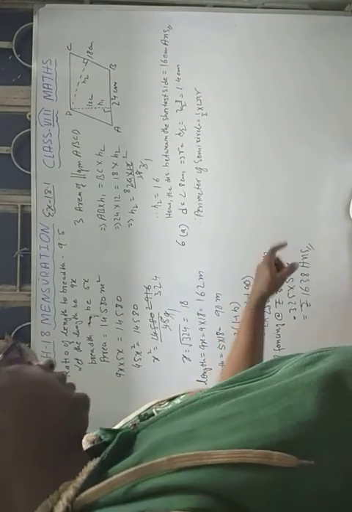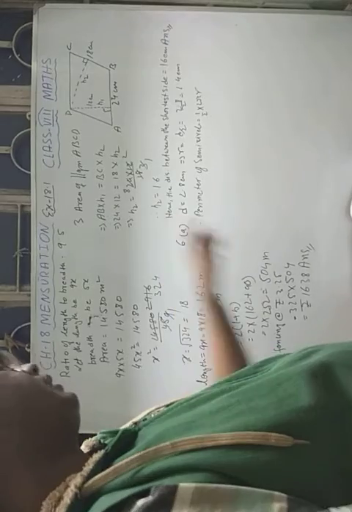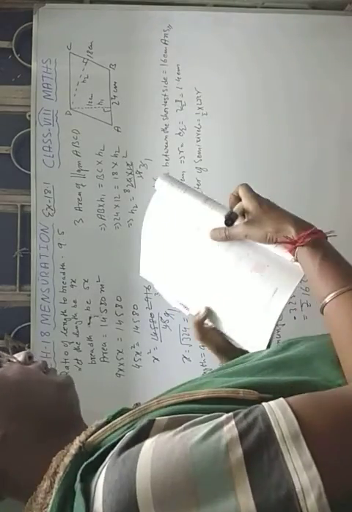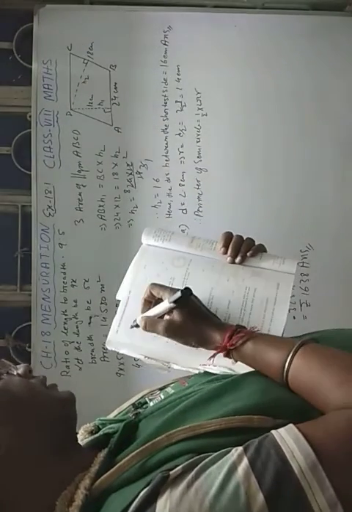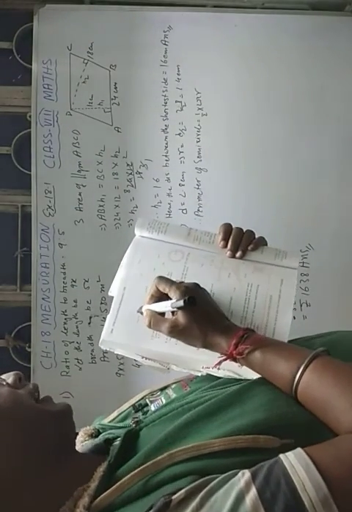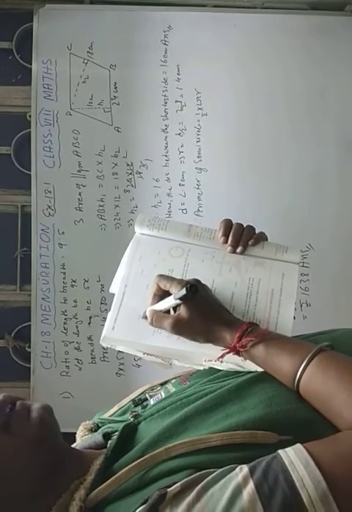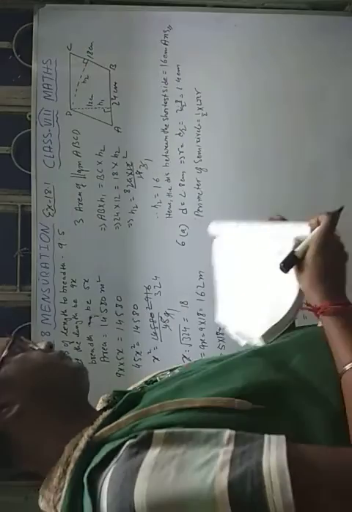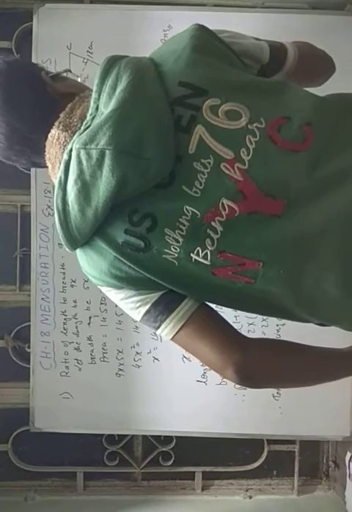this curved portion only, and then you have to find first the curved portion, and also add this diameter. So you have to add it over here. So that's why I have written the perimeter, not the circumference. Then it is equal to pi r plus d, that is the diameter.